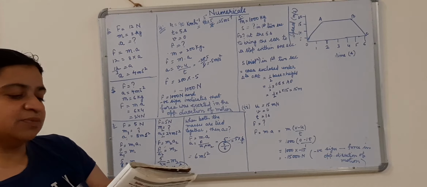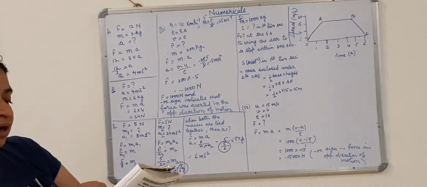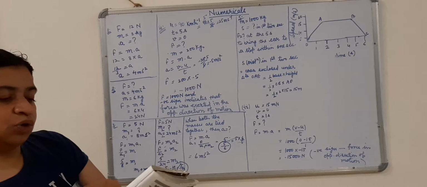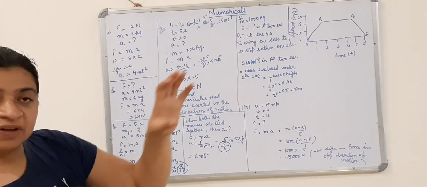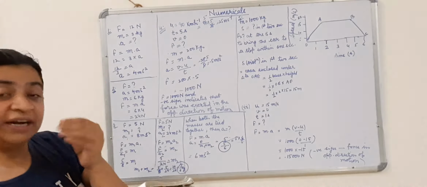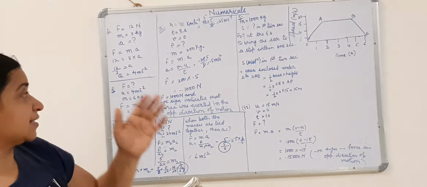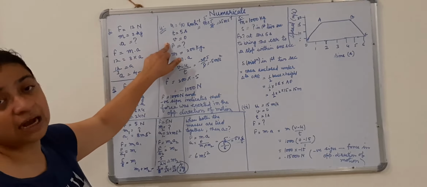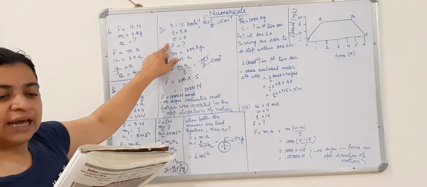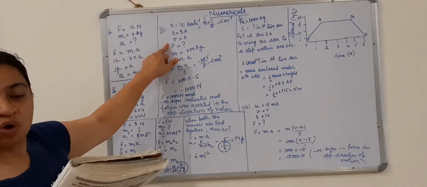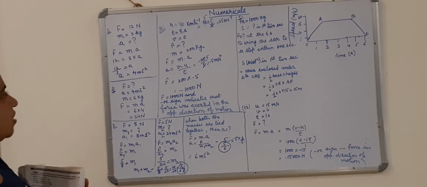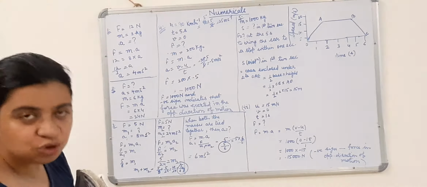So the motorcycle is moving with a velocity of 90 km per hour and it takes 5 seconds to stop after the brakes are applied. So the time given is 5 seconds. When the brakes are applied, it takes a little time for the vehicle to come to rest. It took 5 seconds, and since it has come to rest, its final velocity is 0. Then calculate the force exerted by the brakes on the motorcycle if the mass along with the rider is 200 kg. The mass given here is 200 kg, not 2 kg.